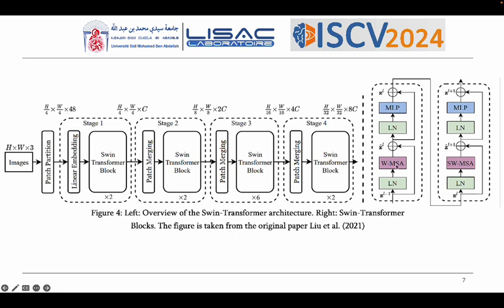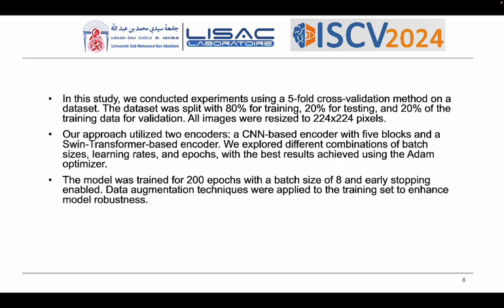We can see that the multi-head self-attention in the vanilla vision transformer is replaced by two types of multi-head self-attention, which are window-based multi-head self-attention and Swin, or shifted window, multi-head self-attention. And this was an overview of the Swin Transformer architecture. So now let's move to the implementation details of our